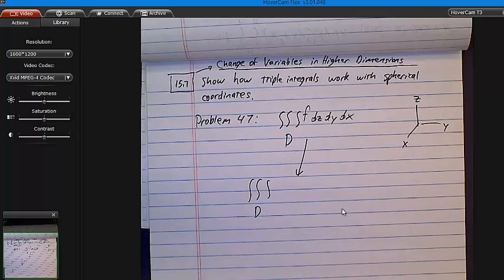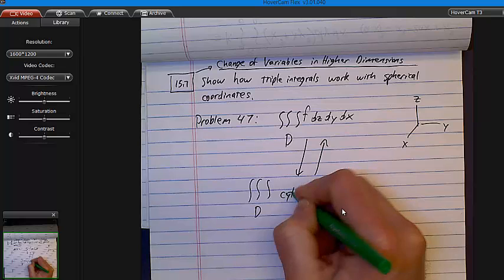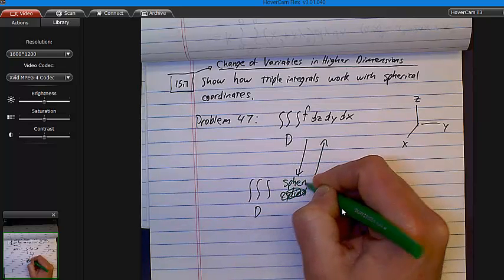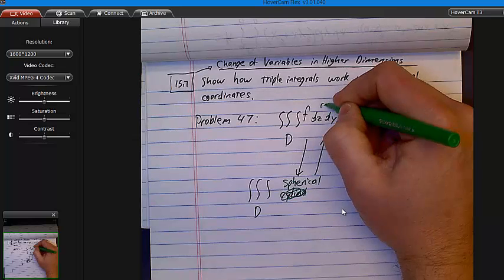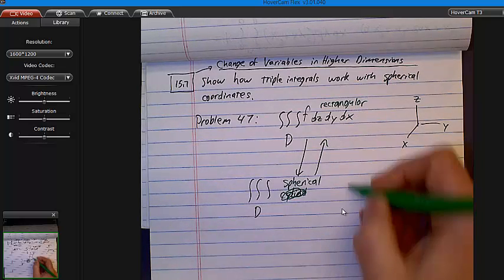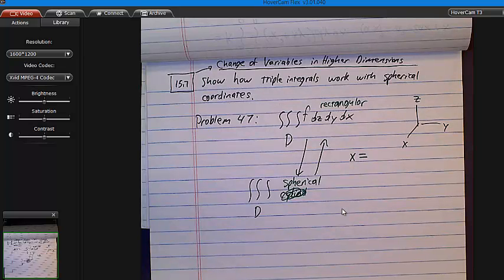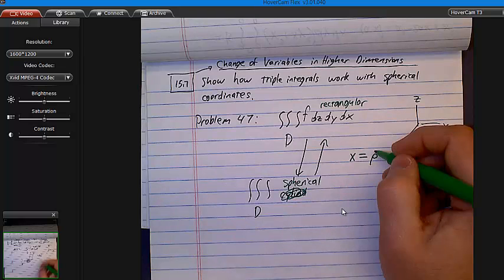Well, here's what you need to know. You need to know that basically the transformation that goes from spherical back to rectangular is given as follows. x is equal to, and this is given in problem 47. Do you guys remember what that means? That's rho. That's the Greek letter R. The book's rho is better than mine. Looks a little bit like a P. Sorry about that. Rho